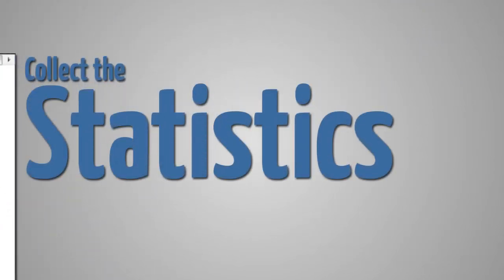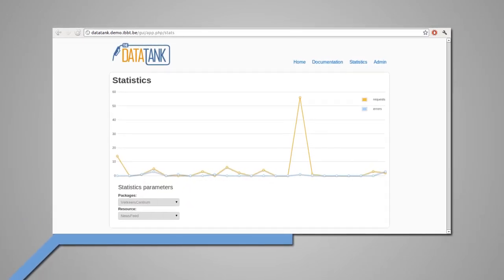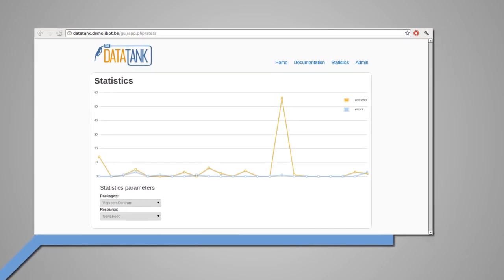Collect the stats. Thanks to our querying system, application developers can request specific information inside a dataset. If certain details are requested more than others, we may come to certain conclusions. This is not possible by publishing a dataset on